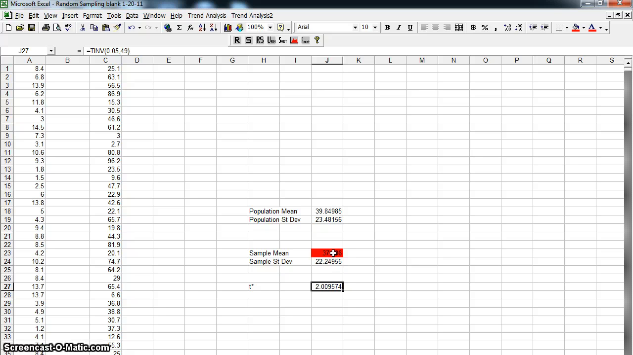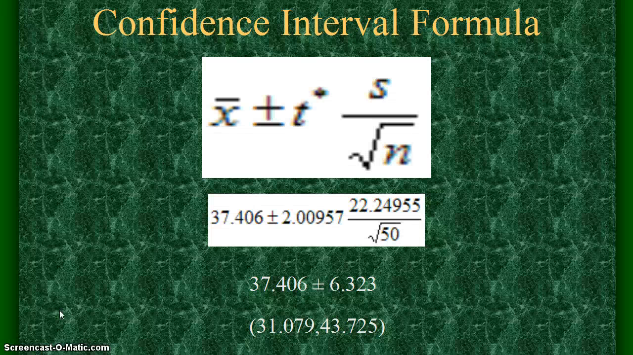Now we're going to substitute the sample mean, the sample standard deviation, and the t-star value into the formula. And here you can see the substitution. Now this is the margin of error, everything to the right of the plus or minus sign. So when we find the margin of error, we find it is 6.323. So this times that divided by the square root of 50 gives us that. And then our confidence interval is between 31.079 and 43.725. That is, we took 37.406 and subtracted 6.323 to get this number, and then we took 37.406 and added 6.323